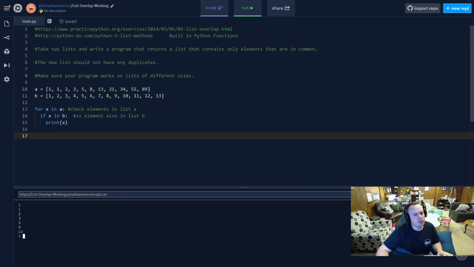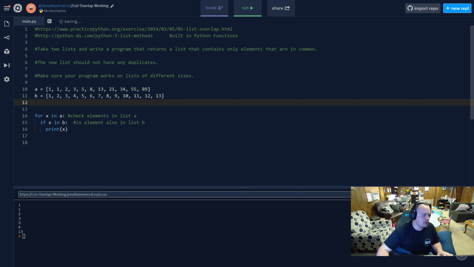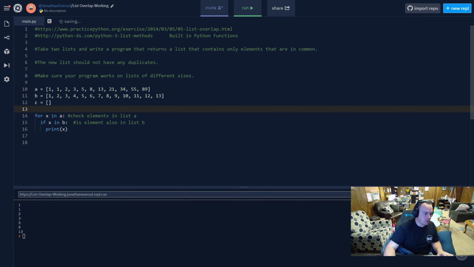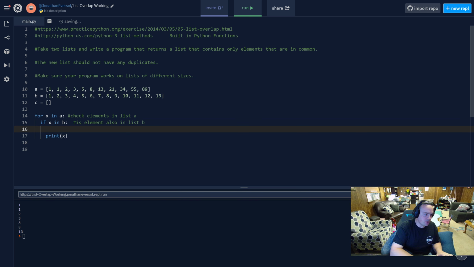So we're on track. We also need to put, instead of just printing it out, we want to actually put the number into another list. So let's make another list. We'll call this list C, and we'll make this list empty. It's got nothing in it, but we created it. So instead of just printing it out, let's put it into list C. So if X is also in B, then we want to take that and put it into C. So we're going to say